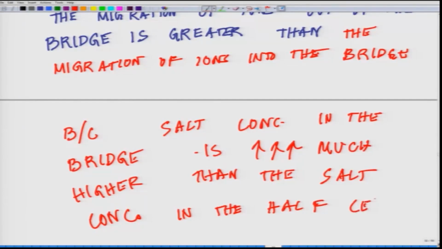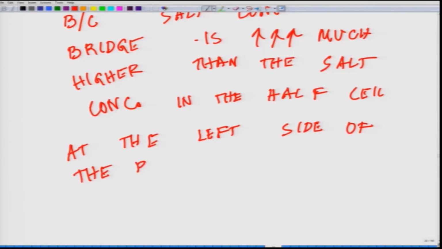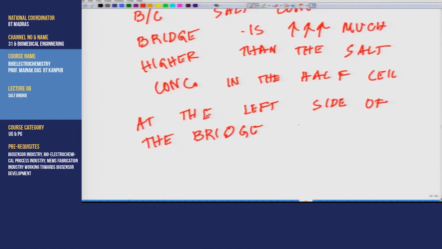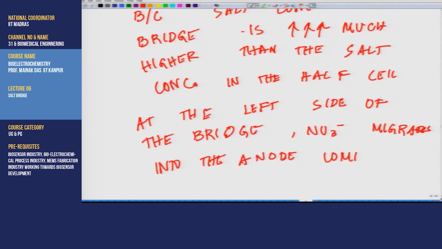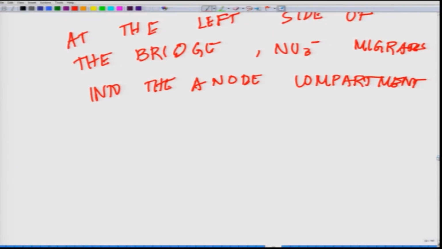So, that tells you why there will be more diffusion from the salt bridge as compared to into the salt bridge. Okay. At the left side of the bridge, which is the anode side, NO3 minus migrates into the anode compartment. We have already mentioned it, I am just putting it down: into the anode compartment,